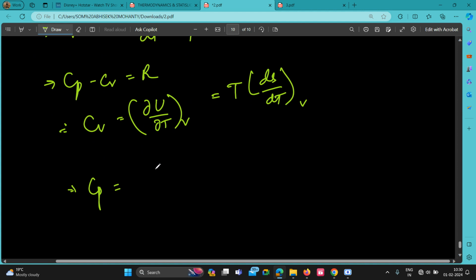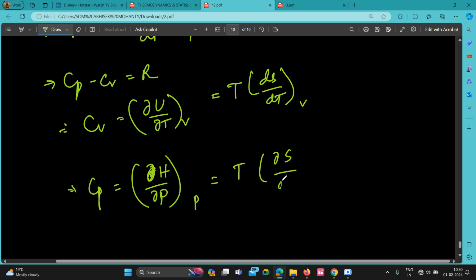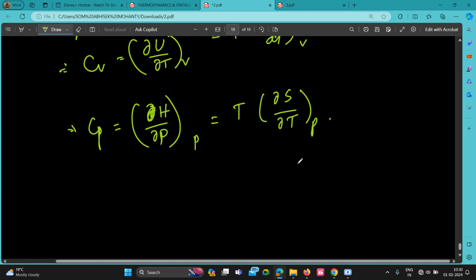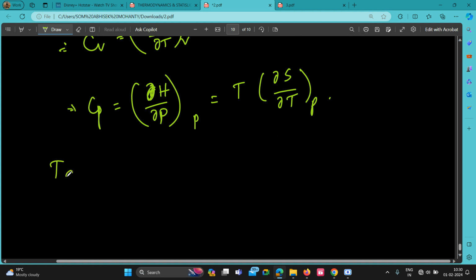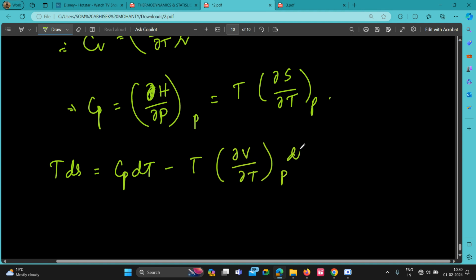Okay. Now CP is del H by del T at constant pressure, which is equal to T del S by del T at constant pressure. Now TdS is equal to CP dT minus T del V by del T at P dP. TdS is equal to CV dT